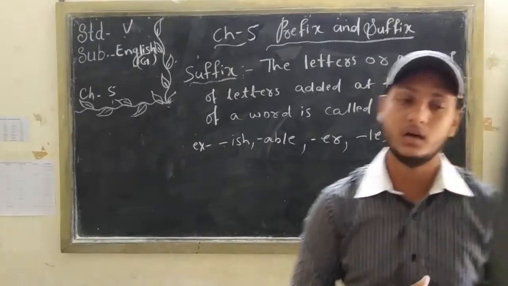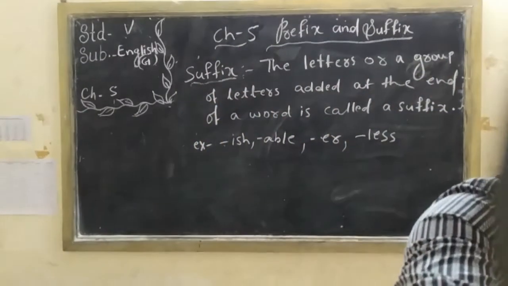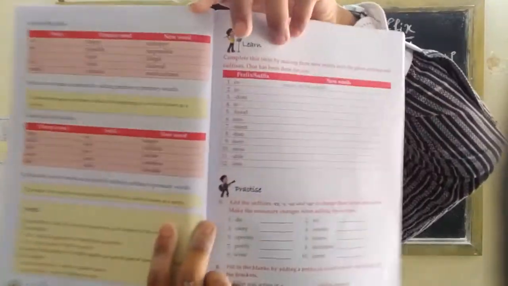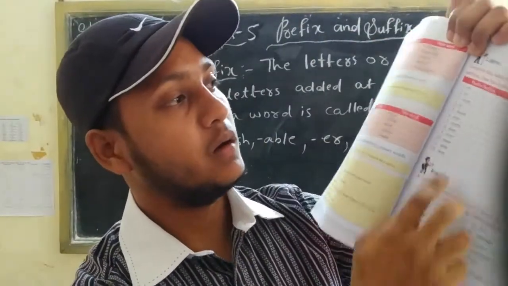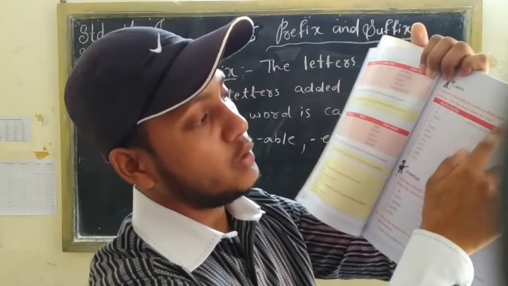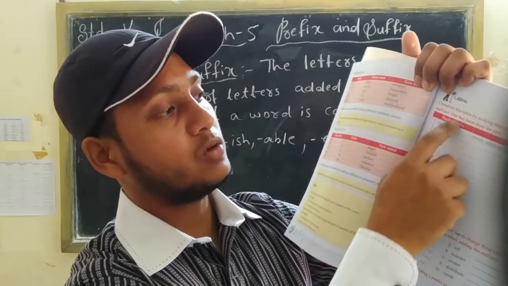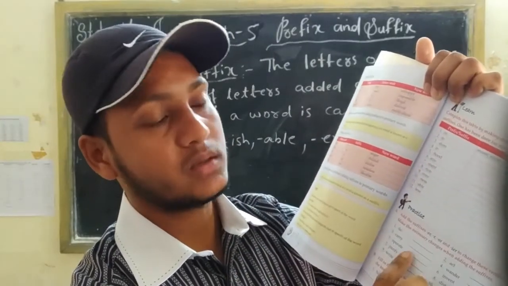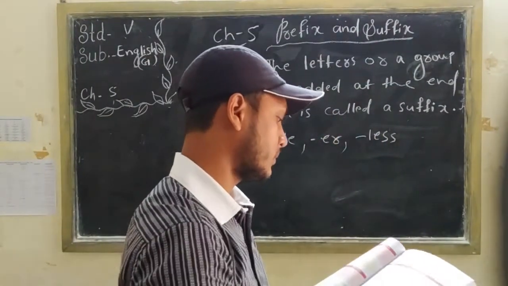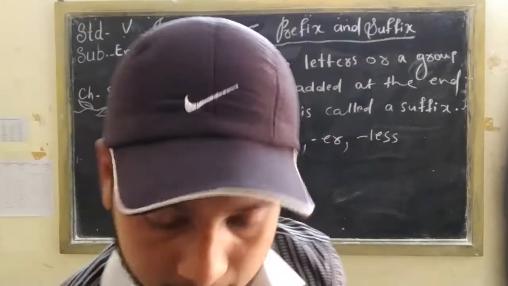So similarly you can see a lot of examples in your books also. Here you can see there are some prefixes and suffixes given in your book, in your grammar books. What the sentence tells is: complete this table by making 3 new words with given prefixes and suffixes. So here you have to use these prefix or suffix words to make 3 new words. Okay, I am doing 2 to 3 examples, you see it.